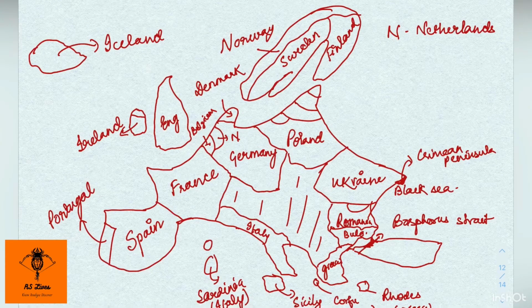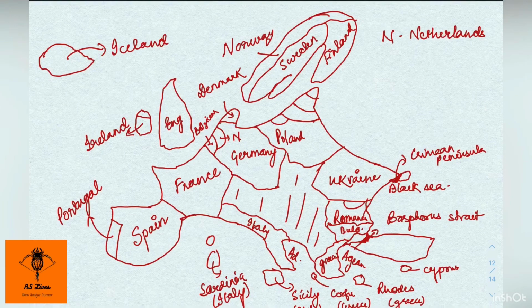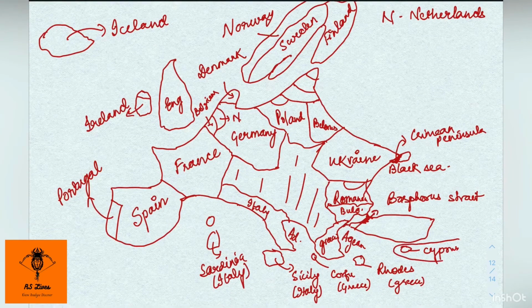So remember, we have a small sea over here which is known as Sea of Azov, and then this one over here is Adriatic Sea, and this one over here is Aegean Sea. Okay, so we also have Belarus over here. So do remember that there is another country over here, Belarus, and we have Cyprus. That's an important island country as well, and recently there has been a fight between Turkey and Cyprus over some territorial issues, so that is also important.